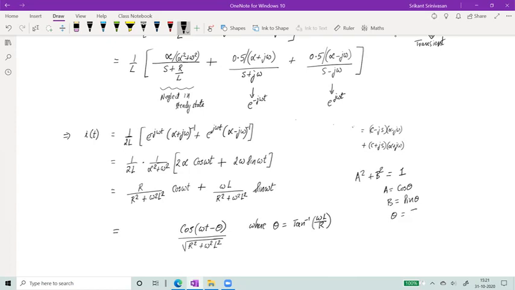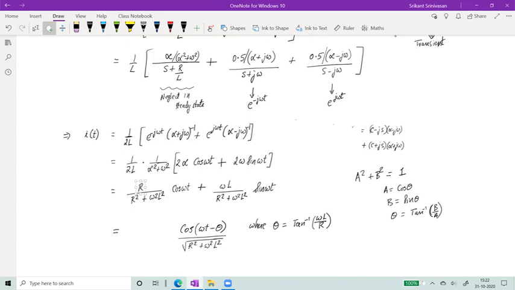Sin by cos is b over a, so theta is tan inverse b over a. Right? This is just a standard trigonometric identity. Using this identity, I could have said that r by root of r square plus omega square L square can be cos theta, and this can be sin theta. Therefore, you can say that sin square theta would be omega square L square, and cos square theta would be r square by the denominator.